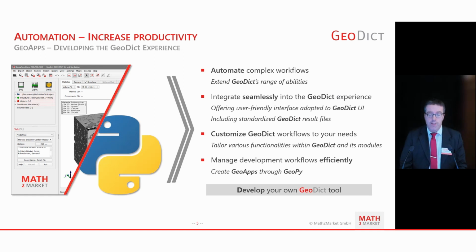And additionally, with the Python modules available, you can add individual functionality to the workflow through GeoPy and the complete Python universe: SciPy, optimization routines, NumPy, for example. And of course, you can share those GeoApps with work colleagues or the scientific community, simply by creating a GeoApp through GeoPy.